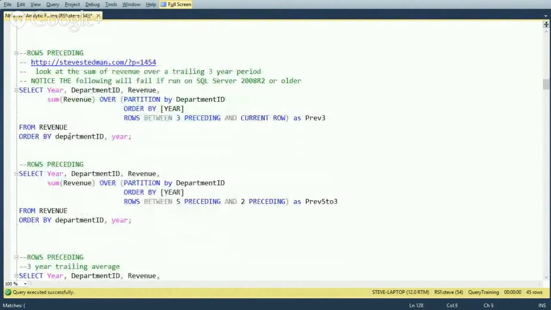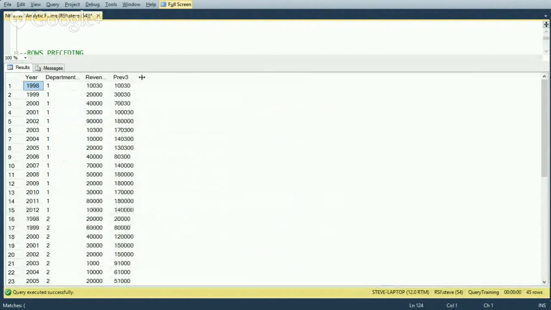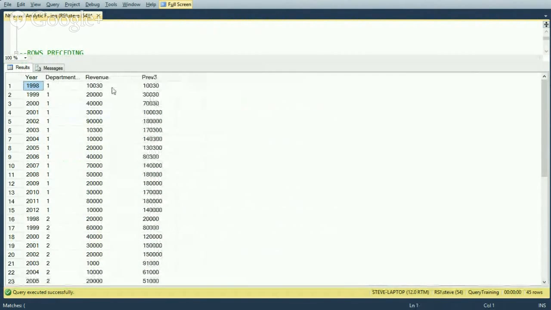We're going to grab it from the revenue table, and then the results will be ordered by department ID and year. So when we run this, we look at the revenue. The first year revenue is 10,030. For the current year and all previous, it's still 10,030 because there are no previous years. The next one is 20,000